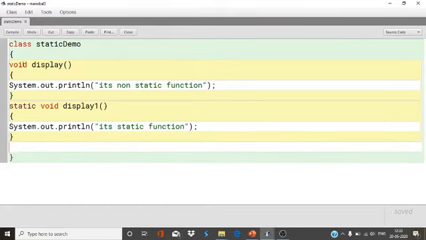Now I'm going to call these functions in the main method. So first you have to create the main method: public static void main, String.